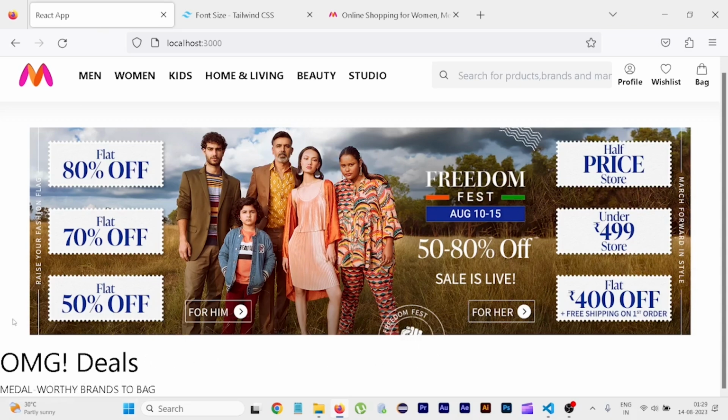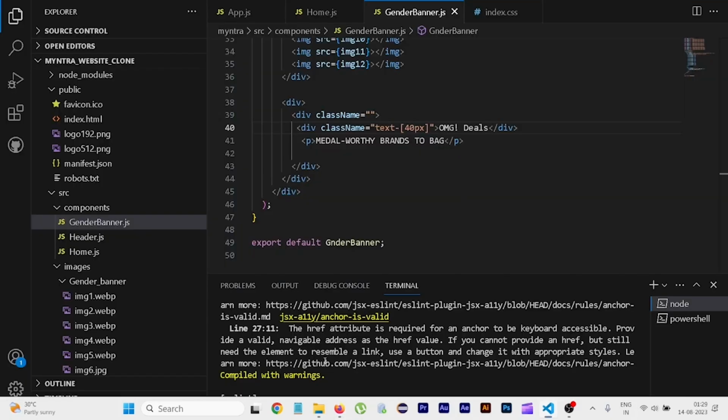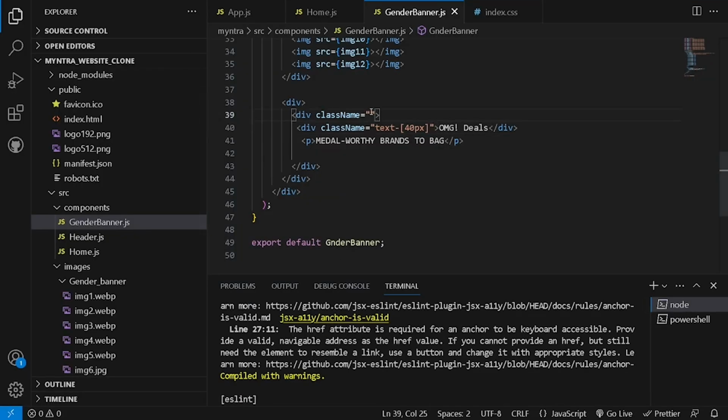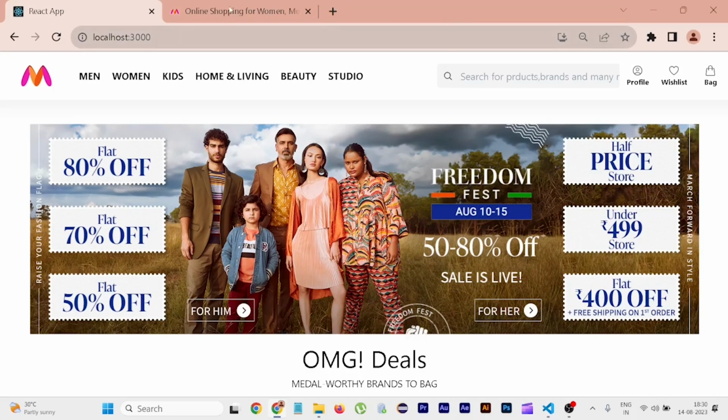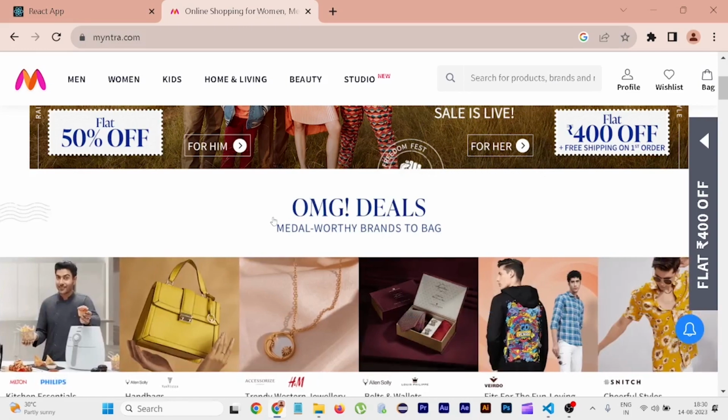Now we have to maintain this in the middle of the page. So for that you write here flex, and then items center. So when you do this, it comes in the middle of the page. Now we should get this "Oh my god deals" in this format, this component format. For that,